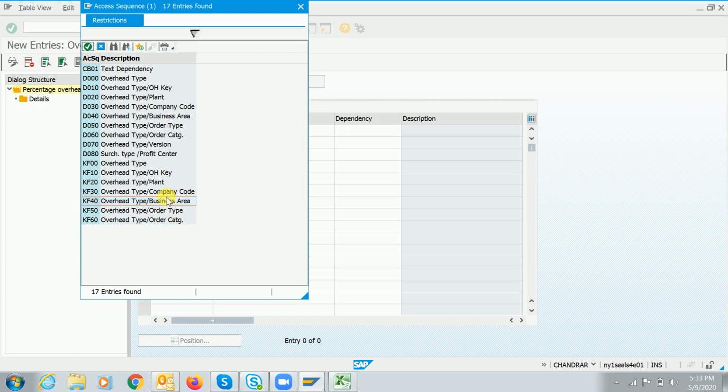These are the selection, same as segregation parameters, guys. We can create these percentages on the basis of the overhead key, on the plant level, on the company code level, on the business area level.